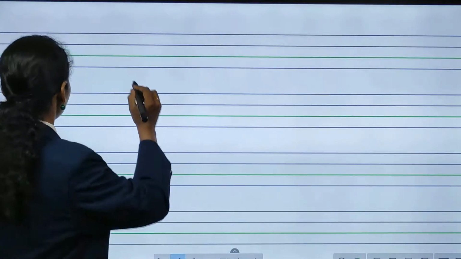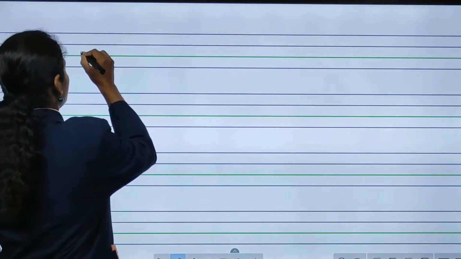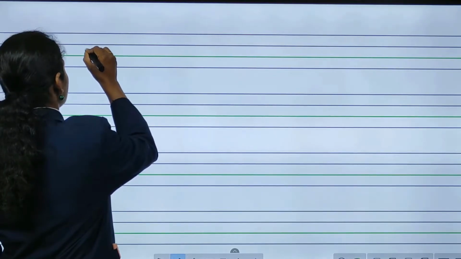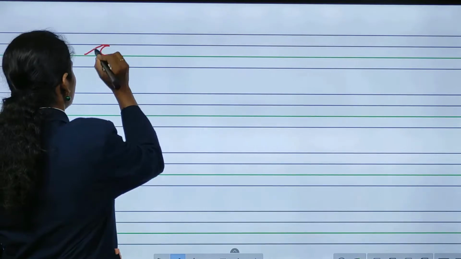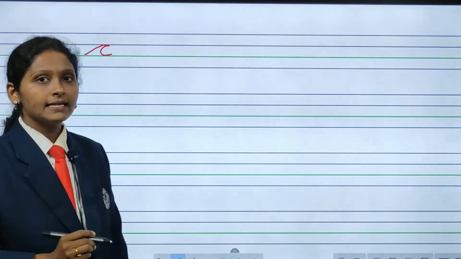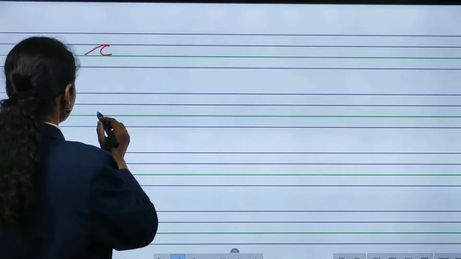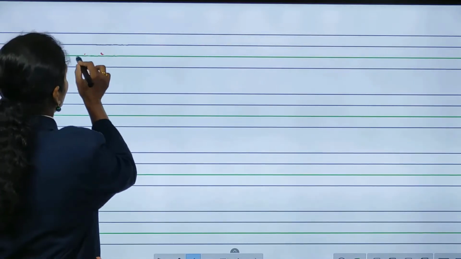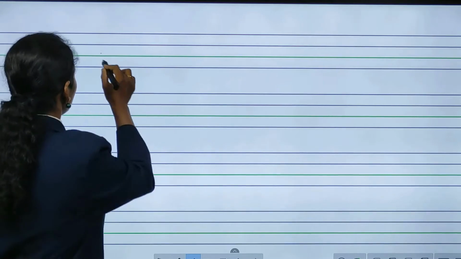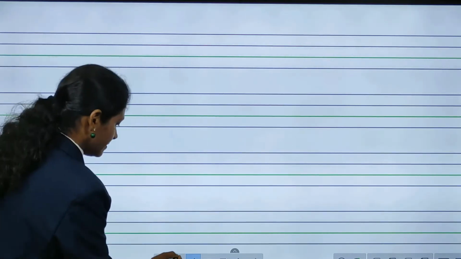So how to write that? First we have to make one slanting line and do this curve. This is C. What is this? Letter C. But we will write it properly. Okay children? You also write it properly.